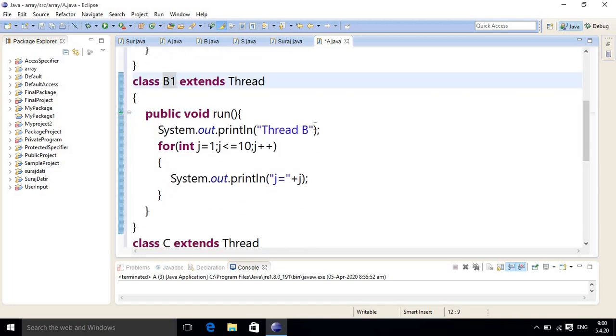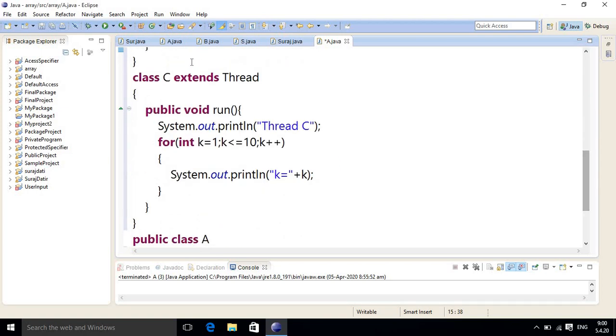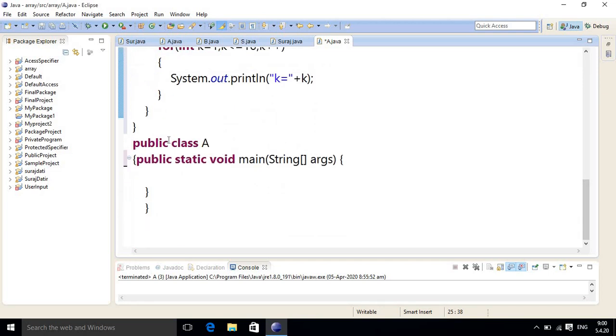So here it's B1, and our next class is nothing but C1. Why am I doing this? Because I have already taken class A here, which is the main class, so we cannot repeat the same name again.